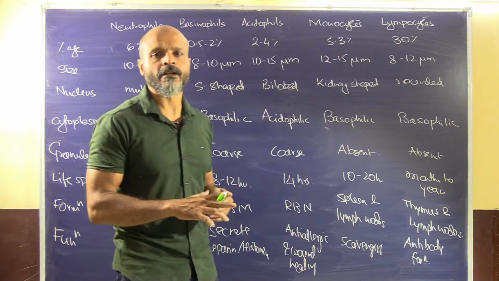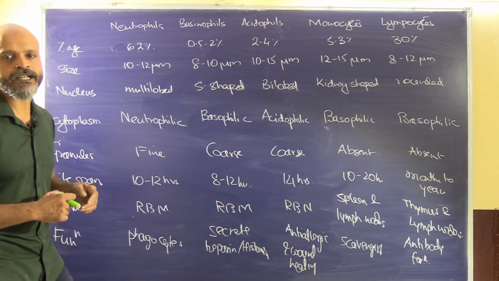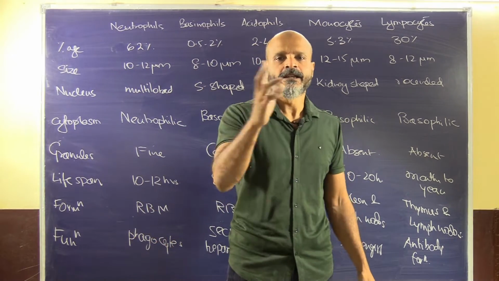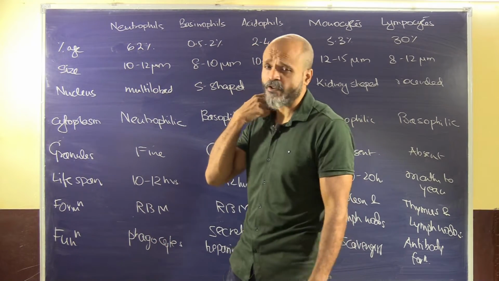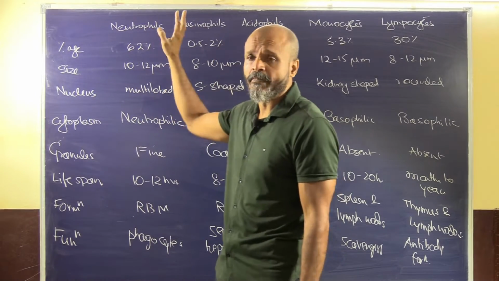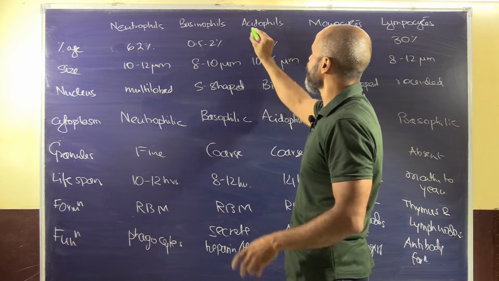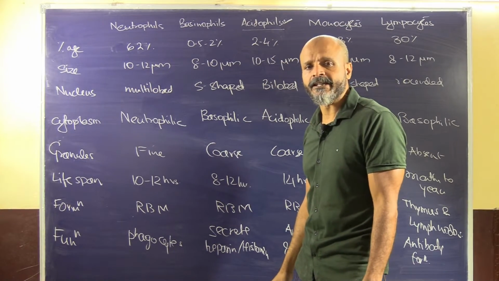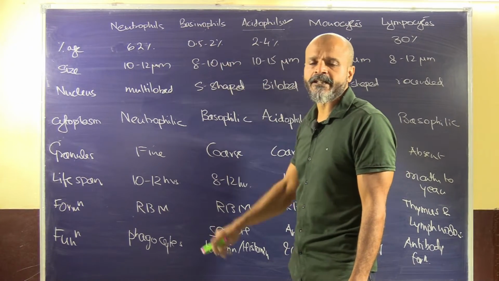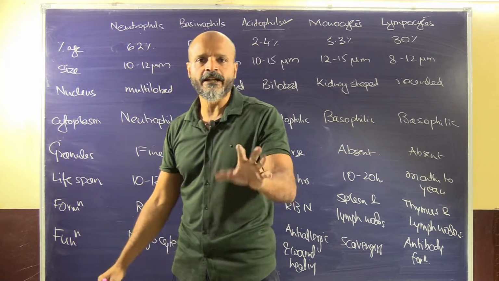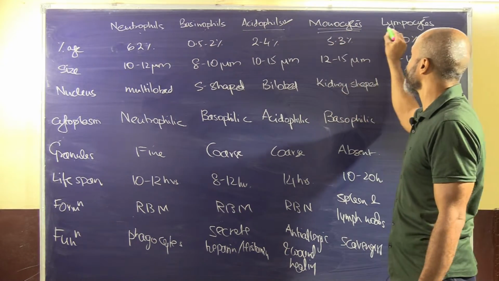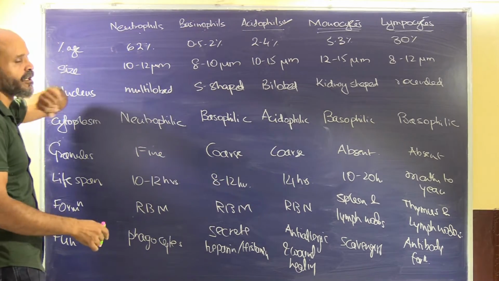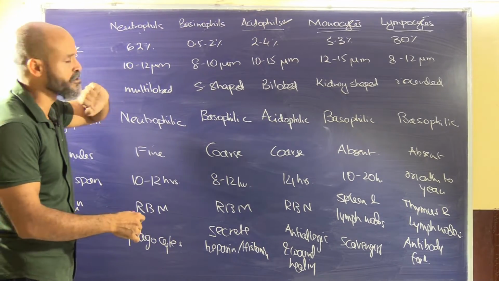Okay, so we will quickly draw a comparison between the various leukocytes that we have studied, including the granulocytes and agranulocytes. In granulocytes, we have seen that there are eosinophils, basophils, and neutrophils. Eosinophils can also be known as acidophils because they get stained with an acidic dye, that is eosin. Basophils get stained with a basic dye, and neutrophils get stained with both dyes. Then we have monocytes and lymphocytes as well. These are agranular leukocytes. These are granular leukocytes, which means that they will have granules in the cytoplasm.